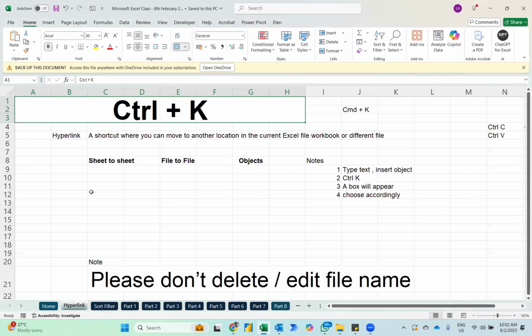Over here, I have already gone to a new sheet. In this sheet, we will learn Ctrl K. So, Ctrl K means hyperlink. Now what I want to do is go to this particular cell over here and